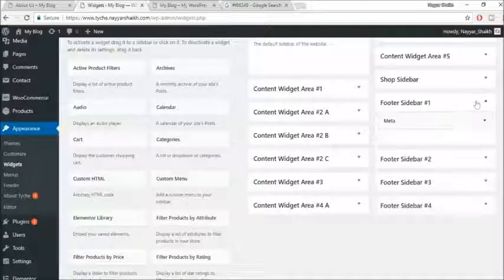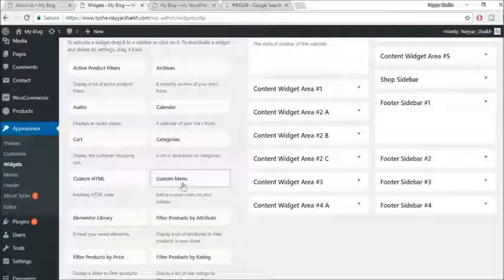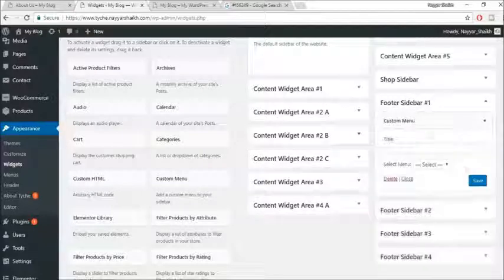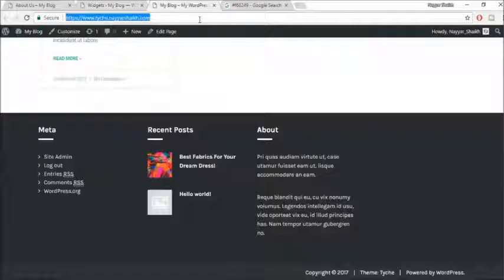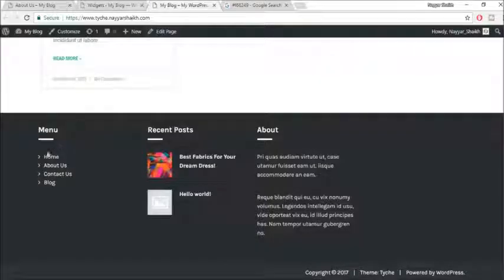For example, if you don't want this meta under footer widget 1, you can delete this and you can have maybe a menu in this footer widget. So you can just drag this custom menu. You can select the main menu. You can name it anything. For example, menu. Click on save. Now let's refresh this website. And now as you can see, instead of that we have our menu over here, and here we have recent